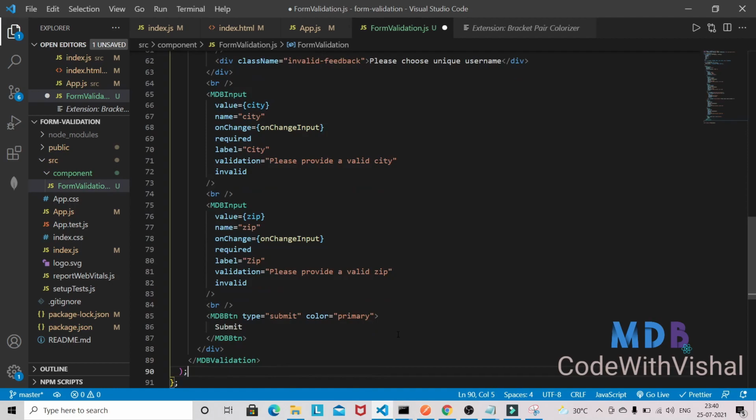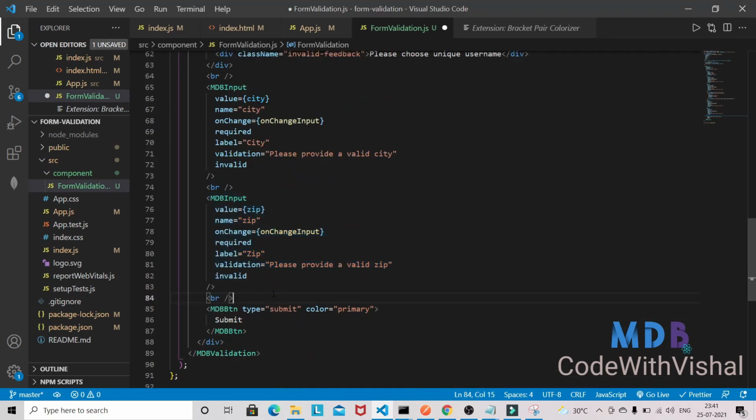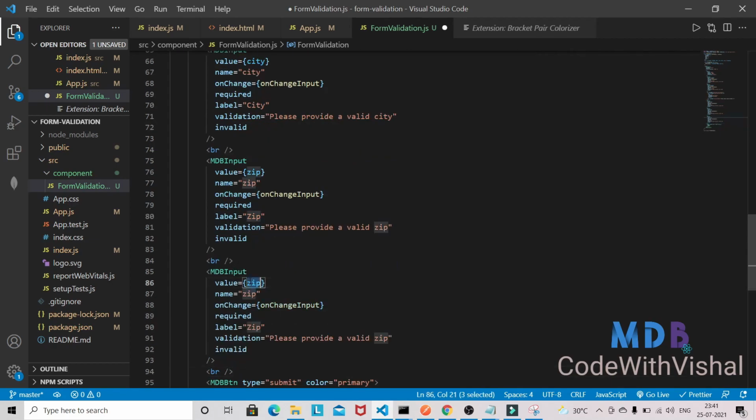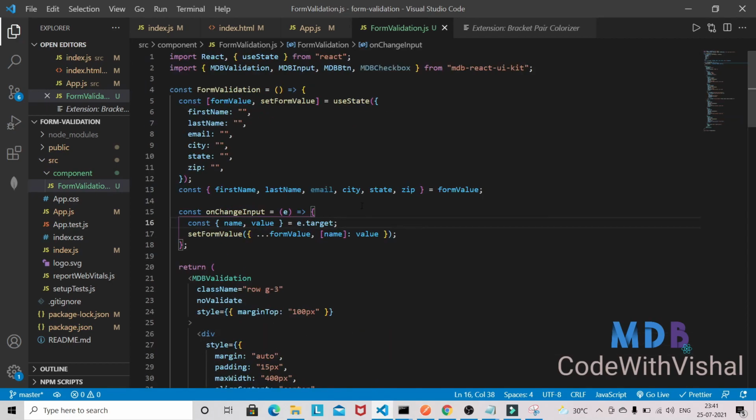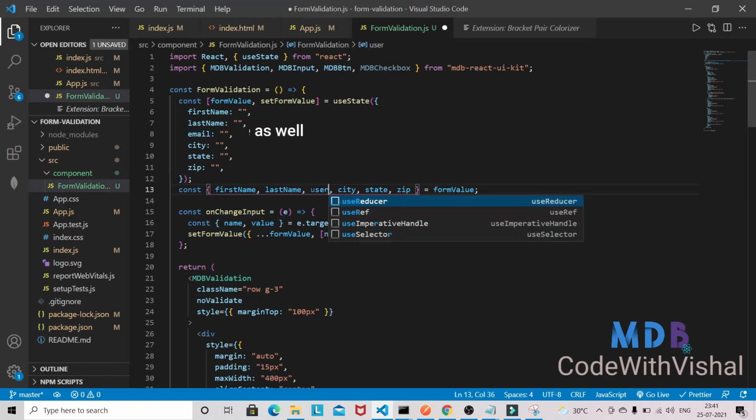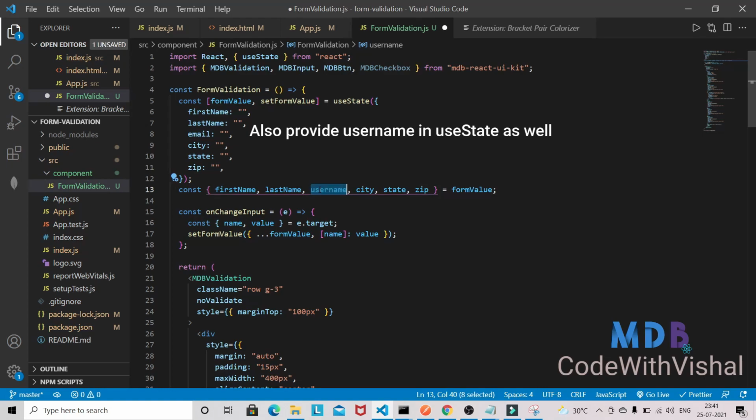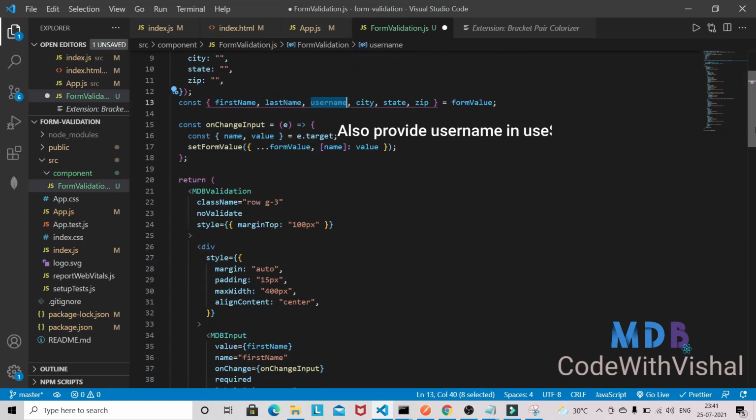and at the last we'll have the state as well. So state label will be state, and the message will be like, please provide a valid state. So email is not required here. So instead of email we have a username actually, sorry. So username we have here,